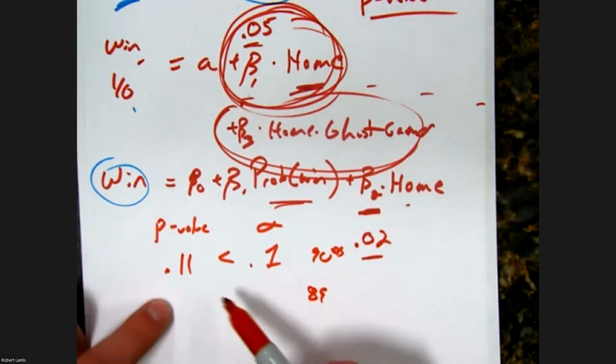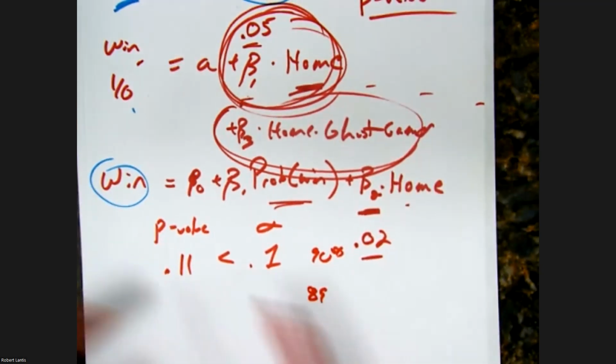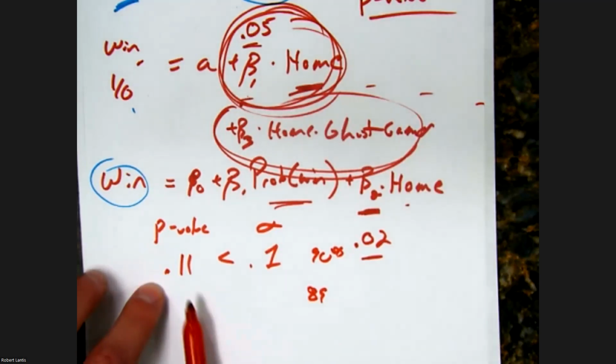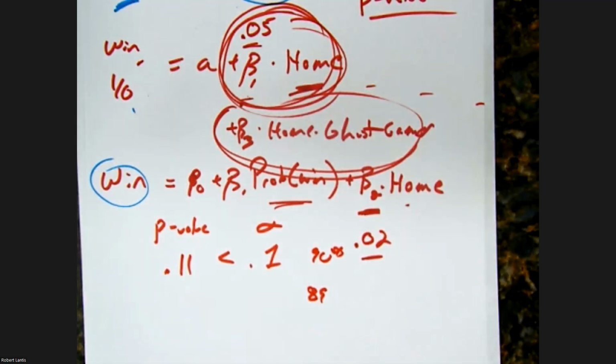So just because you don't find it to be significant, if that p-value is anything less than 0.2, you're above 80% confidence. I mean, I say a lot of things in my daily life without 80% confidence, right? So this is not bad. Don't just say that it's not statistically significant. Look at that p-value and actually say whether it's close or not, okay? All right, glad I made a couple of you laugh.